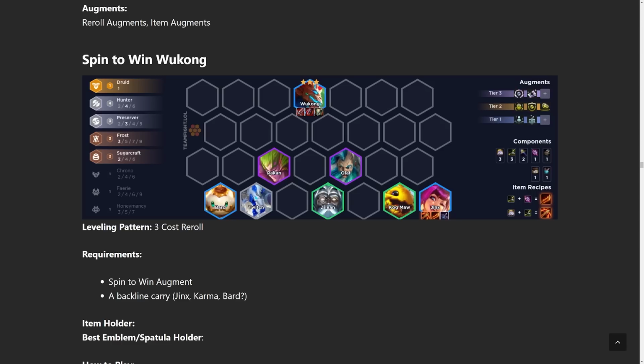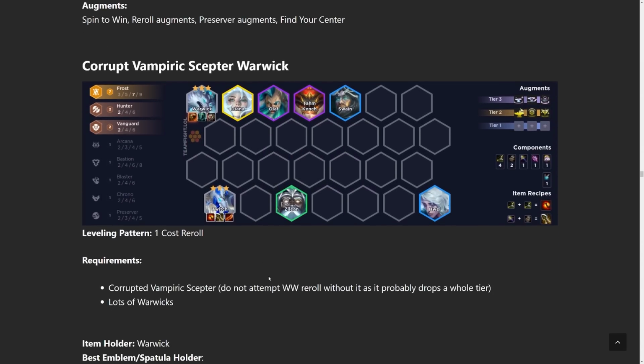It's still really, really good. Next build up we have is going to be Corrupt Vampiric Scepter Warwick. It's one of the highest averaging combos in the game, as we saw before in the data check. Corrupted Scepter plus Warwick is like 3.8 or something crazy like that, but it's hard to get, so play